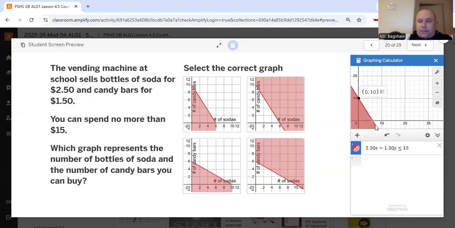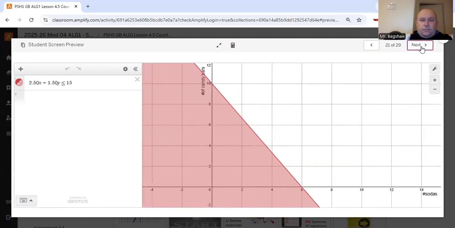Well, we got 10 on the y-axis and we got 6 on the x-axis. So this has 10 on the y-axis, this has 6 on the x-axis, and you can also see the shading is on the correct side. For that reason, I'm going to pick that answer. And just so you can see, I already had it pre-typed on this one, but that is indeed the